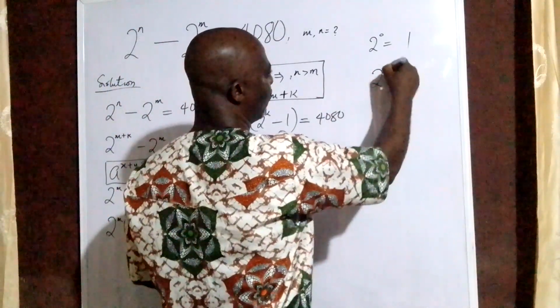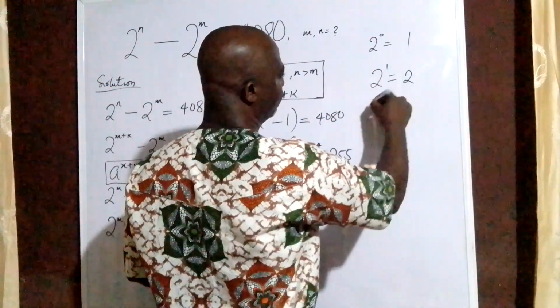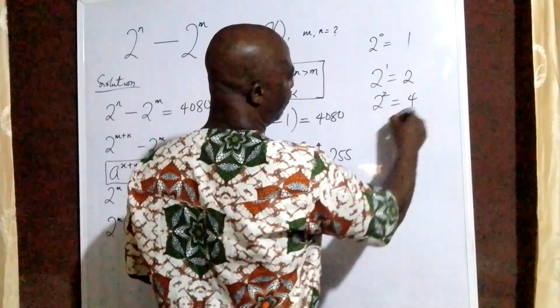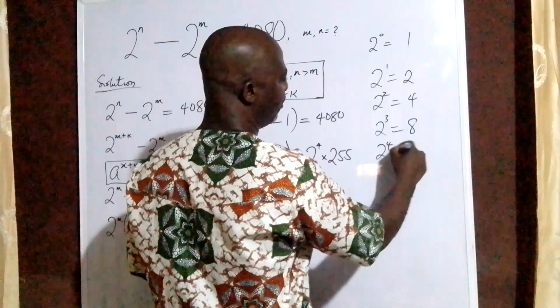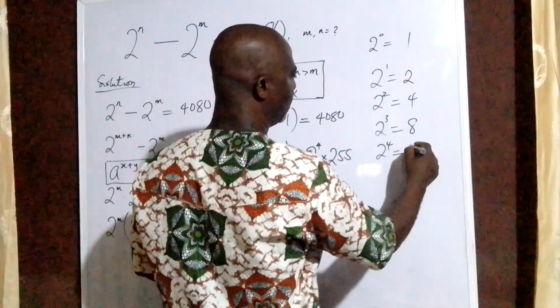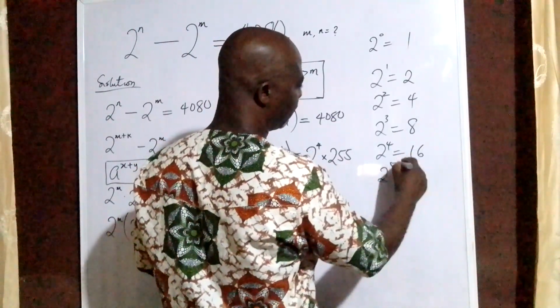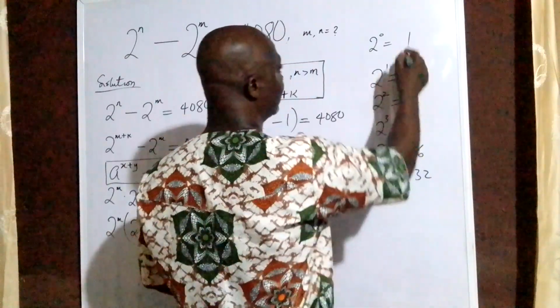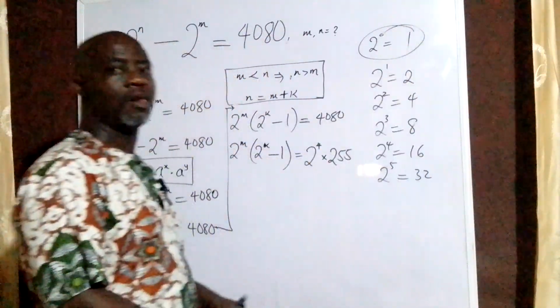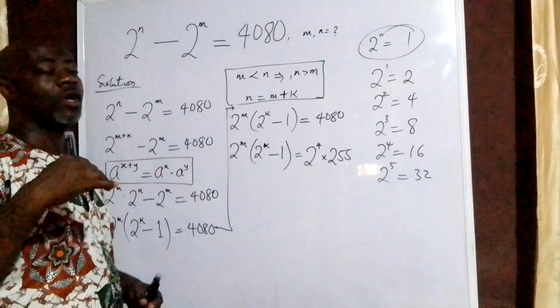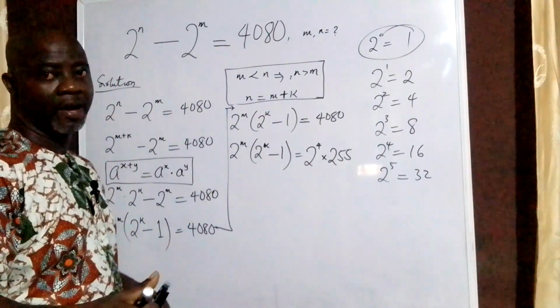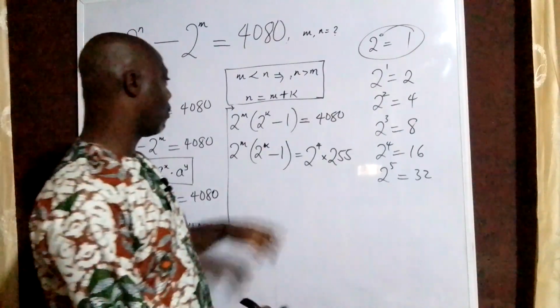So if I have 2 to the power of 1, it's going to give me 2. 2 to the power of 2 is going to give me 4. 2 to the power of 3 is going to give me 8. 2 to the power of 4 is 16. 2 to the power of 5 is 32. So except in the case when you have 0, and then of course we have negative indices, and for what we have here,